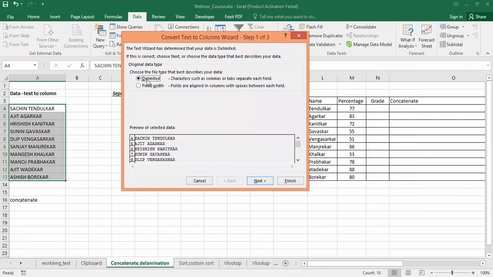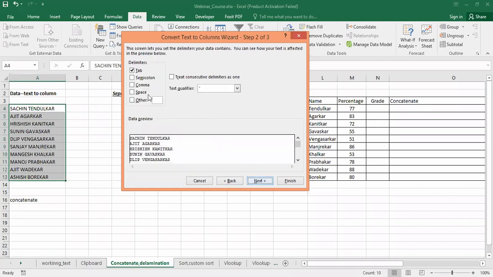So delimited means that I want to delimit the selected data in a particular fashion. Fixed width means, like if I say 3 3 3, it will cut the text from every row at 3, 3, 3 characters. But now I want to go for only name and surname. So I will click on delimited, then click on next. Now it is asking with which particular option we have to delimit, whether to go for tab, semicolon, comma, space, or other.